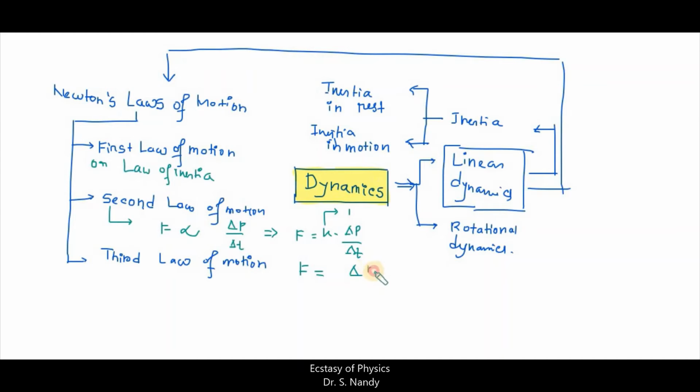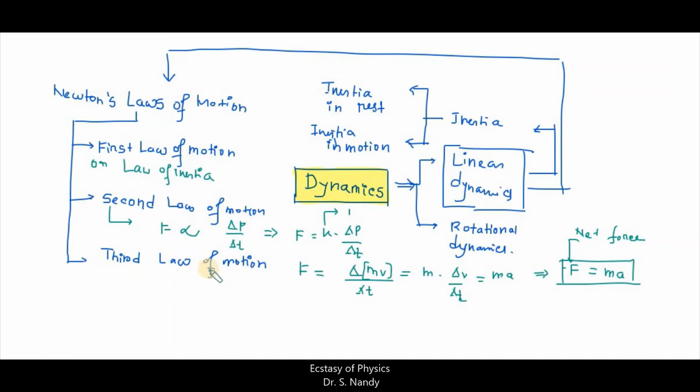So we get force equals delta P upon delta T. Instead of P we can write mass times velocity, because momentum is the product of mass and velocity. Since the mass is conserved and does not change with respect to time, we can keep it outside of the difference part. So m into delta V upon delta T. Earlier in the kinematics part we defined that the change in velocity per unit of time represents acceleration. So force equals mass times acceleration. Finally, the derived form of Newton's second law of motion is force equals mass times acceleration, and that force is nothing but the net force exerted on the system.